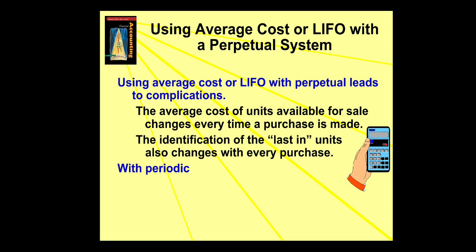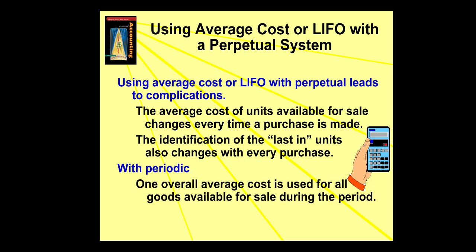Using average cost or LIFO with a perpetual system. This is another thing. Remember, you have a recording system, the perpetual method and the periodic method. If you use FIFO, if you use a periodic system to record inventory,